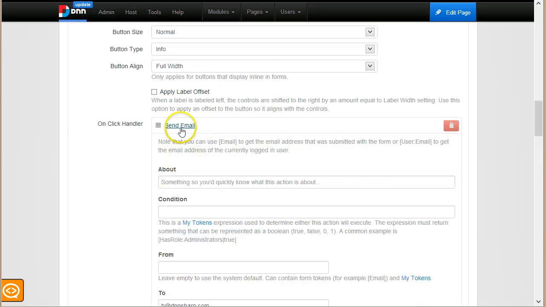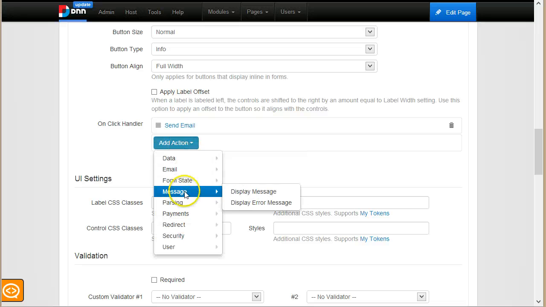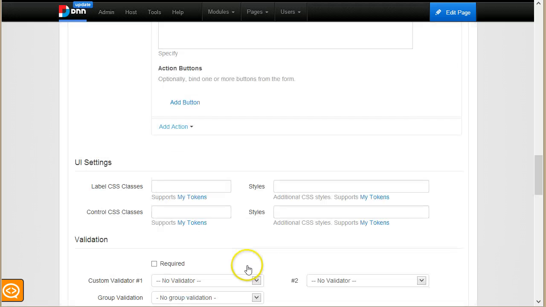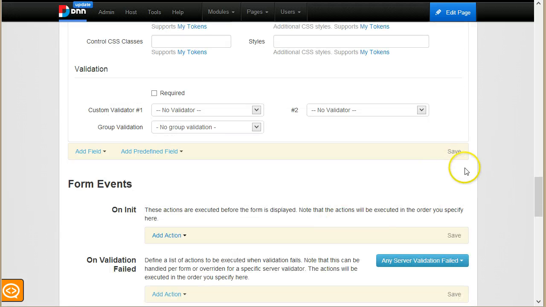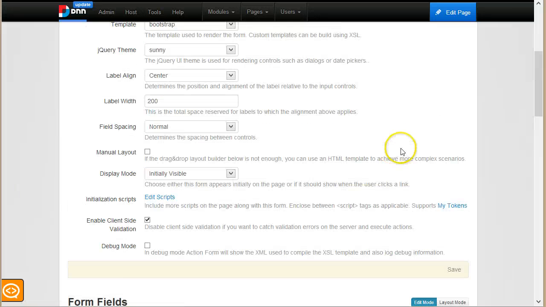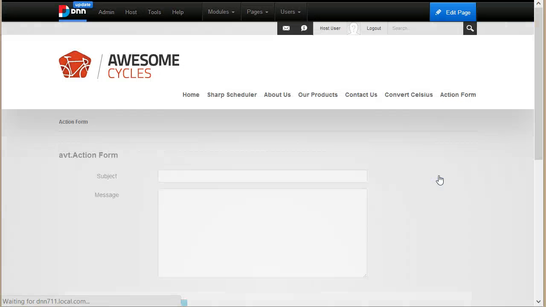Okay, and finally maybe I will add a message. Your message was successfully submitted. So this is it. Now one thing you have to make sure is that your SMTP is configured properly, and